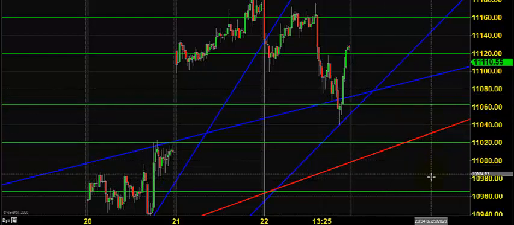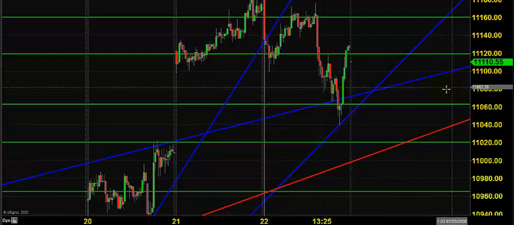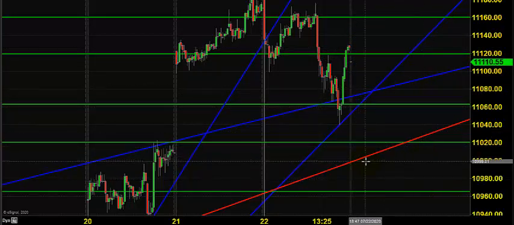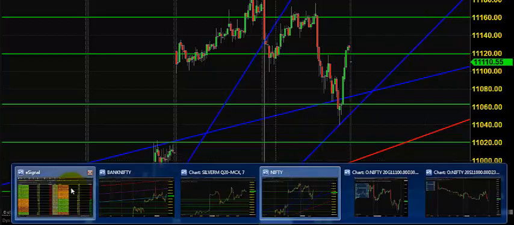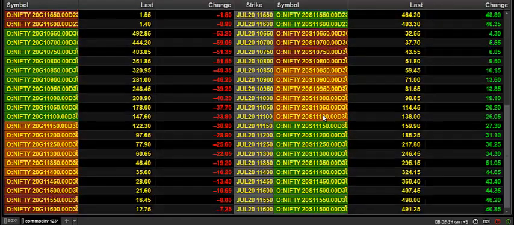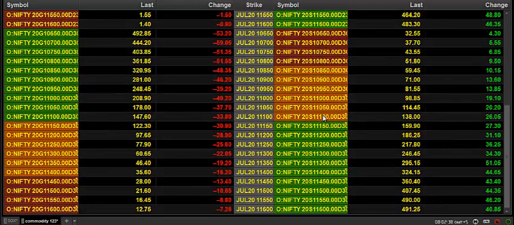If at all it is happening, it should happen with a lot of time decay. It cannot happen right away. So I feel that the 11,000 strike for today, as a seller of put option, should have a great advantage. If you don't want to participate in this, you can very well leave that and go directly to the next contract,